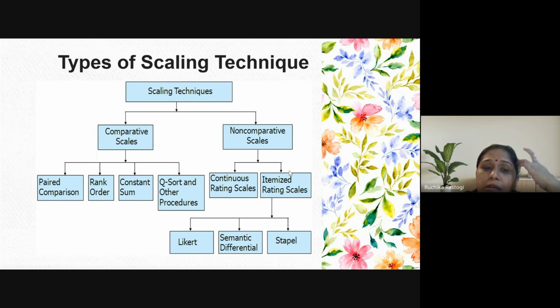In that case, the scale which should be used is the comparative one. But when people are not aware of it, they ask questions like, what is your satisfaction for product A and product B, and give a Likert scale, very satisfied, satisfied. That is not correct. Whenever you are about to ask for a comparison between two goods, characteristics, brands or features, it is better to ask with the help of a comparative scale as compared to a non-comparative one. So we are going to start with the comparative scale first.